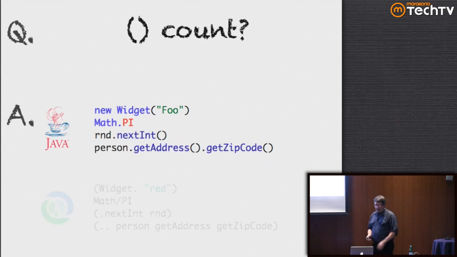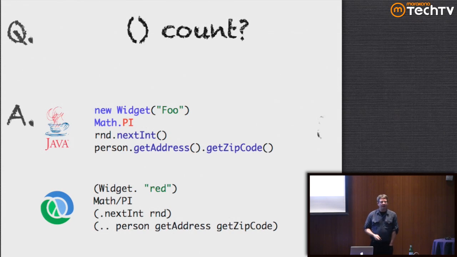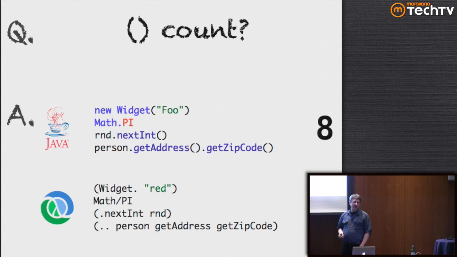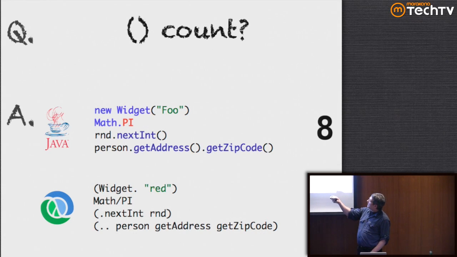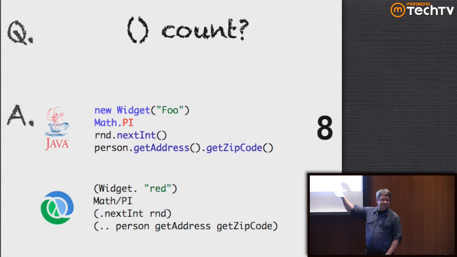So. And in fact, one of the things that terrifies people about Lisp is the number of parentheses. But from the Java code that we've seen so far, let's count them up. And so in the Java version of the code that we've seen so far, we've got 8 parentheses. In the Clojure version, we've only got 6. So there. Clojure realizes that the parentheses can be cumbersome, and so they have a lot of syntactic sugar in the language to get rid of situations where you'd have to go nuts with parentheses, things like dot to simplify some of those strings. So this actually line has fewer parentheses than that line.